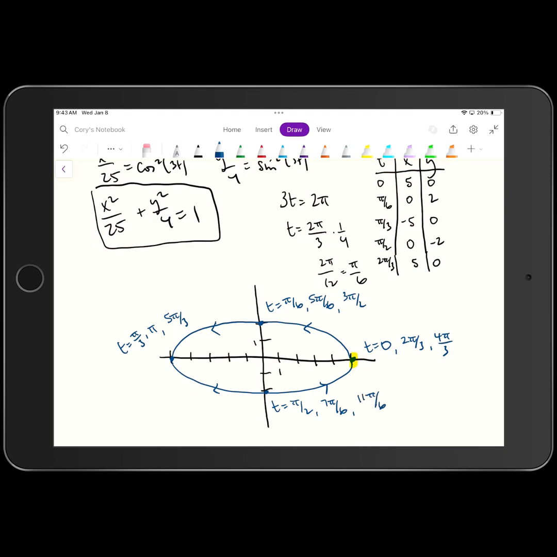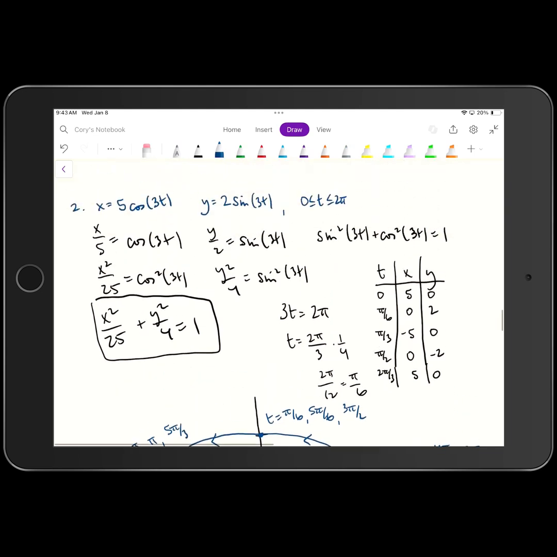And when I add pi over 6 one last time, 11 pi over 6 plus pi over 6 is 12 pi over 6, which is 2 pi. That puts me back on the positive x-axis. So we actually see that the particle that was moving along the ellipse is going to circle the ellipse 3 different times. Okay, which makes sense because